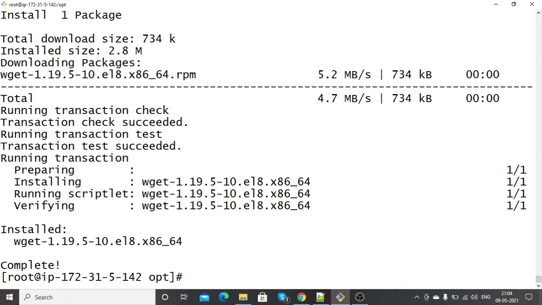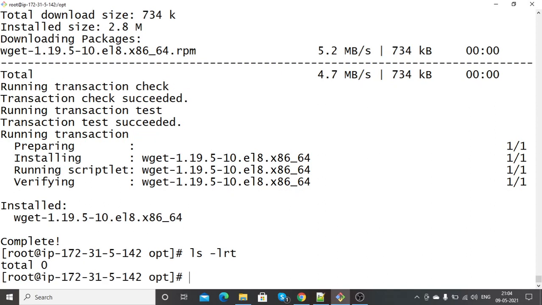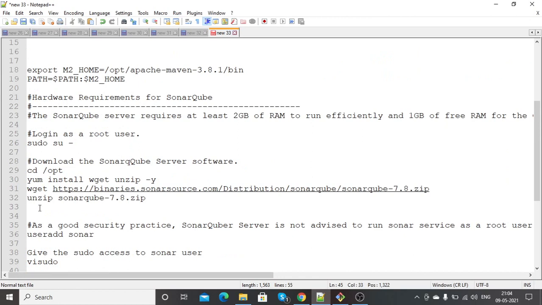Yeah, it's installed. Now just check java -version. Oh, sorry, we have not installed Java yet. We need to wget the Java package. Let me copy.